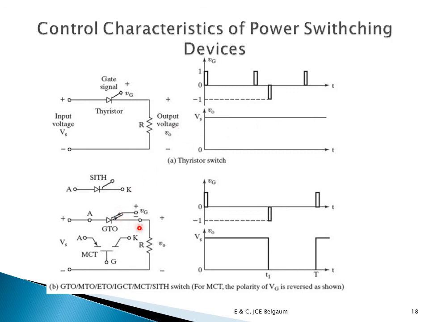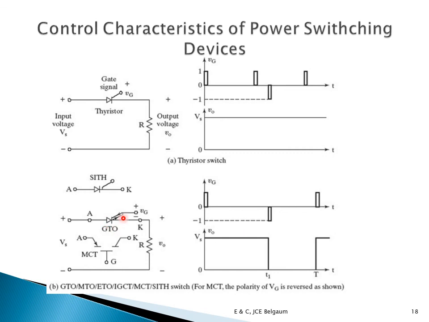Okay. Now if I look at this particular device, this is SITH, the static induction thyristor, and this is your GTO. So for GTO, you can turn it on with a positive current, and you can turn it off with negative current. So here I also was giving negative current, but since there was a single thyristor, it doesn't have any effect. So whether it is SITH or GTO or even MCT for that matter, if I give positive gate current when it is forward biased, it will turn on.